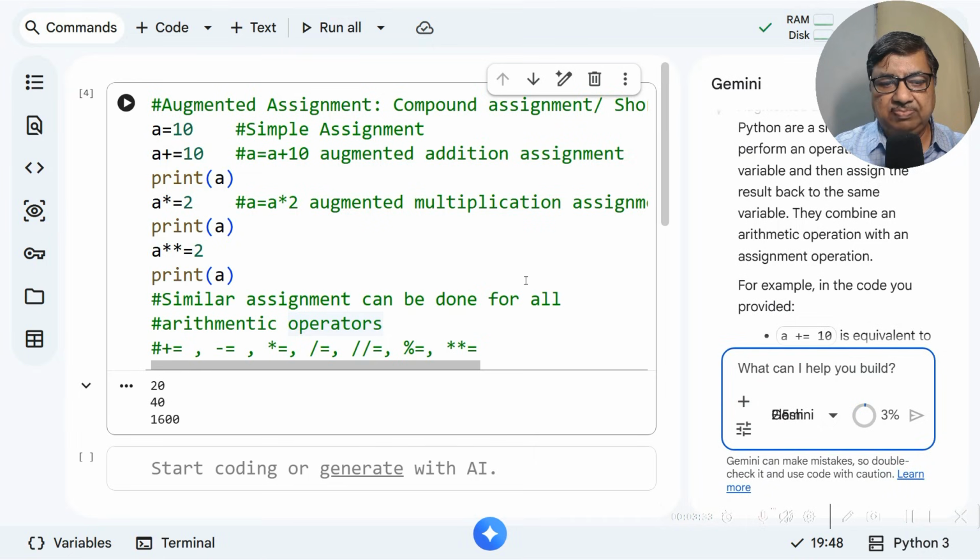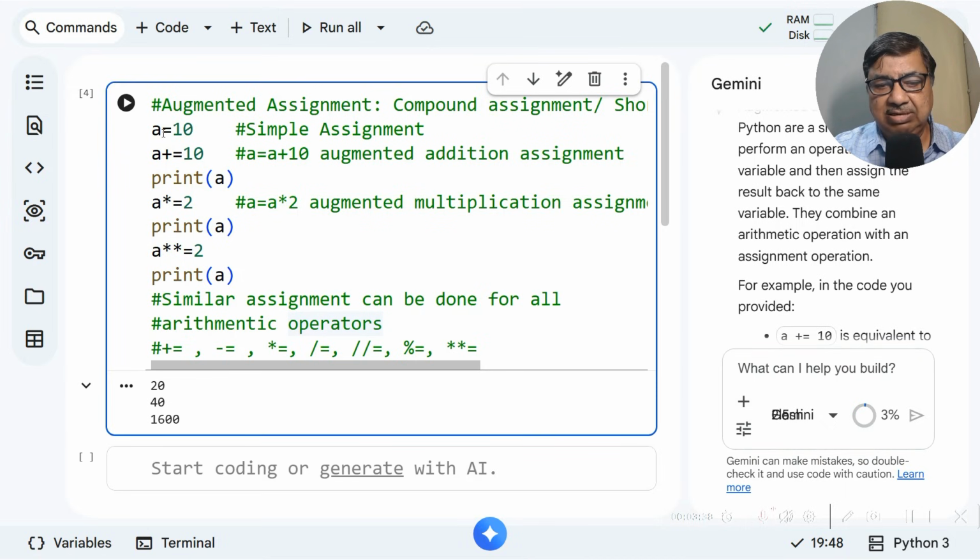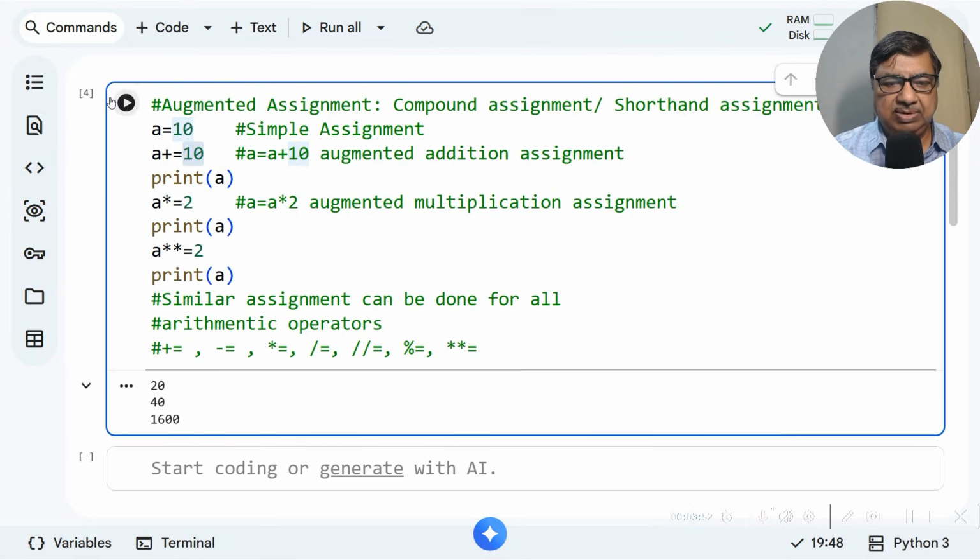Remember, in Python, the value updation doesn't mean that A in the memory gets changed, because these objects are immutable. That means 10 is immutable once kept in memory. So a new value will go to a new memory location. That is the difference in Python. But otherwise, the concept is same.